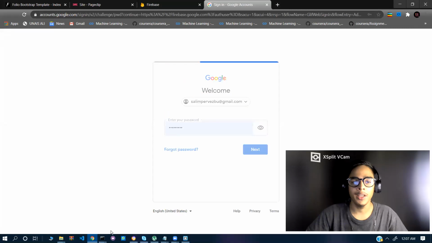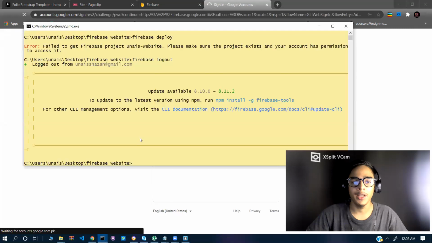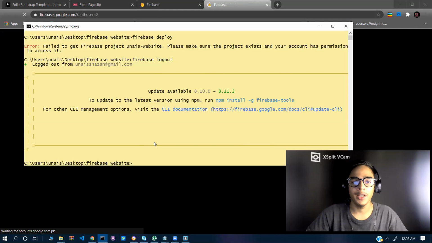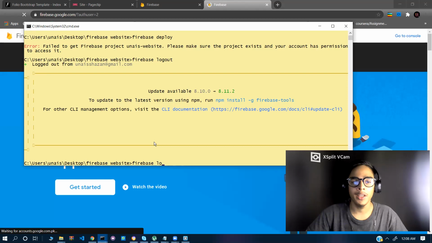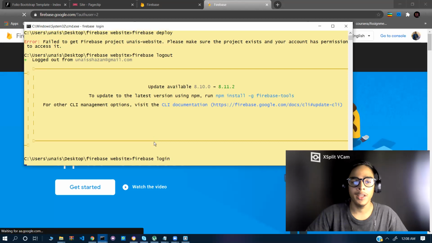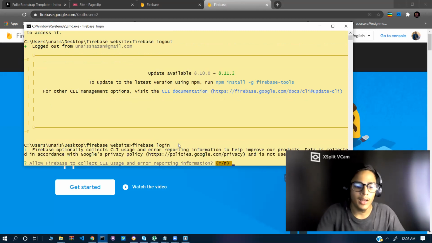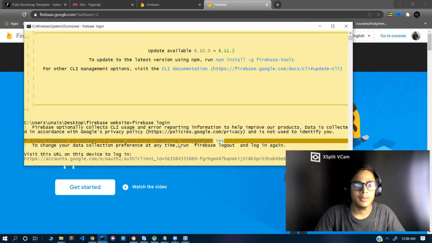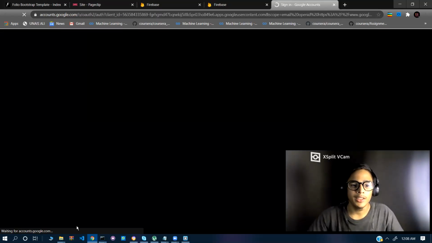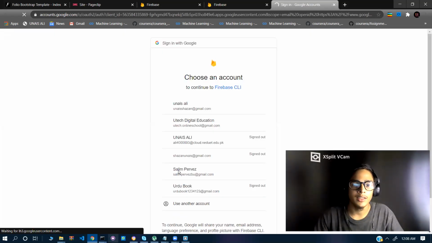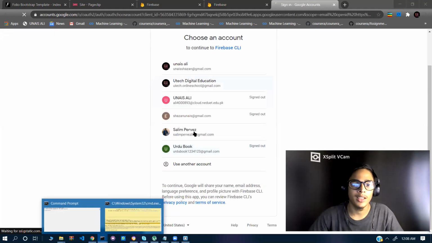Yes, next. And now let's open again Firebase login. First we have to do Firebase login because I have changed my account, and then yes, authentication is going on, and now you have to select the account Salim.